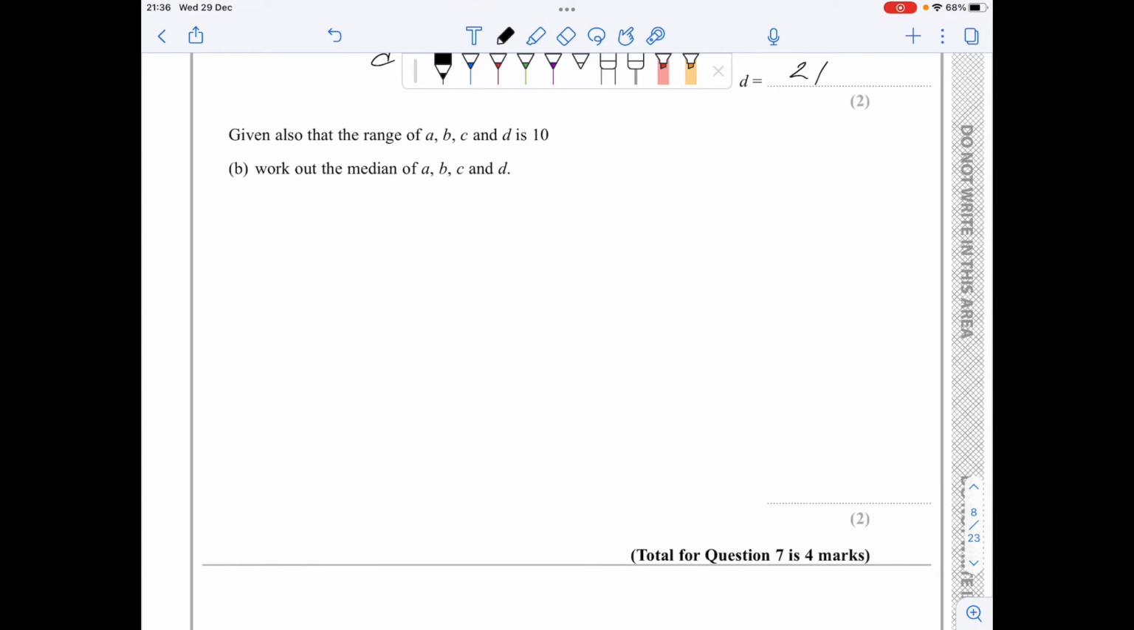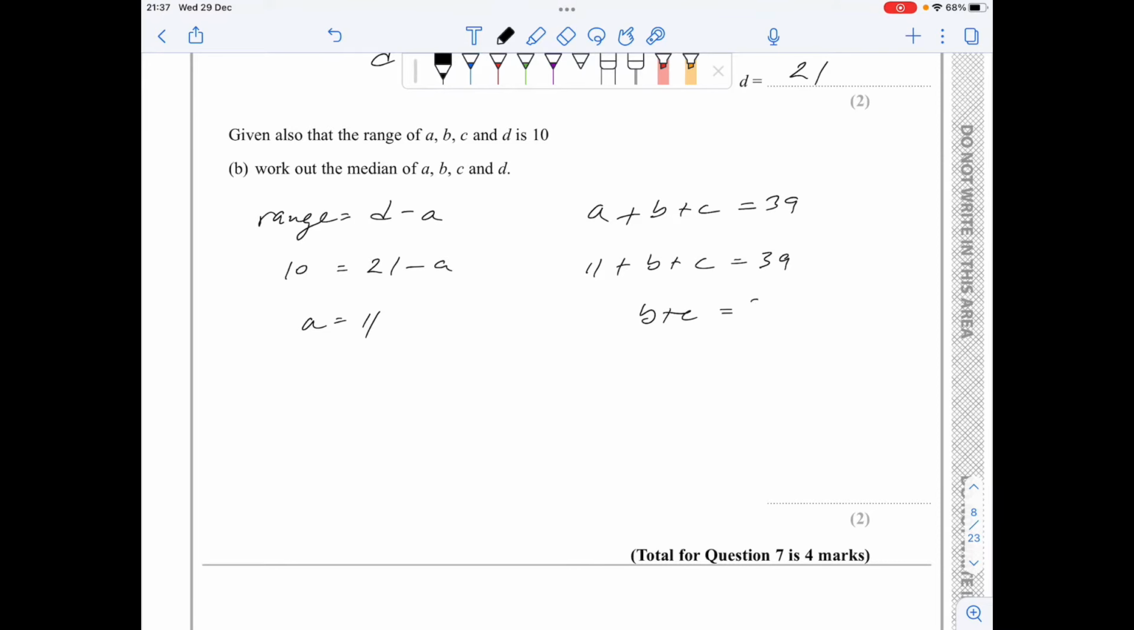For part B, the range of A, B, C, and D is equal to 10, and I know that the range is equal to the largest minus the smallest, so 10 equals 21 minus A, which will leave me a value of A to be 11. Now, again, A plus B plus C is 39. I found A to be 11, so this means that B plus C is equal to 28, and the median,